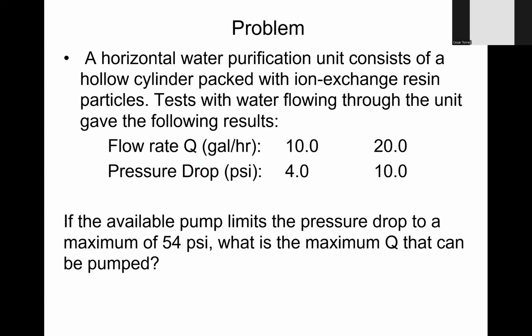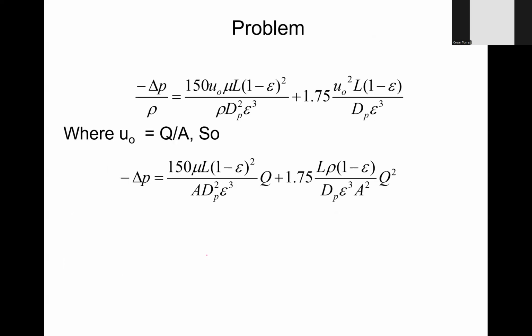And with only those 2 points, you can now try to estimate the conditions of any other point. Specifically in this case, you're basically trying to find out what is the flow rate at 54 psi, which is the maximum pressure that the pump can deliver. So the way that you solve this problem is going back to this equation here